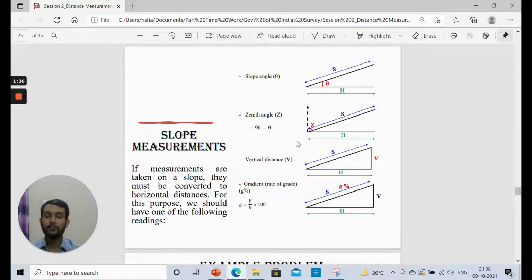And what is V upon H? This is tan theta. V upon H is equal to tan theta. That may be known to us. This ratio will be known to us. Once this ratio is known to us, this is equal to tan theta, as we already know. Tan theta is equal to vertical distance upon horizontal distance in any right angle triangle. So when this tan theta is known to us, this theta will be known to us.